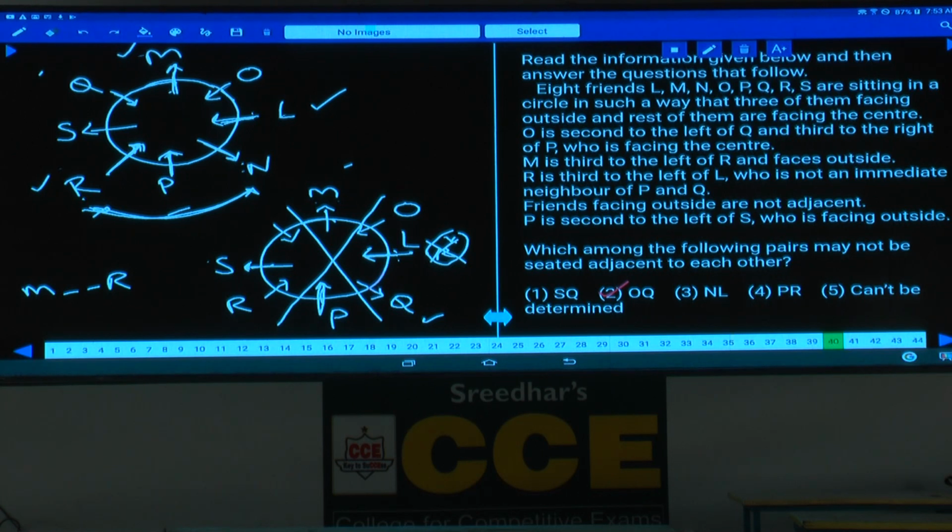Done with this one? Now this is about question numbers 36 to 40. In this, among these 8 persons, 3 are outward and the remaining are inward. Then, next one,